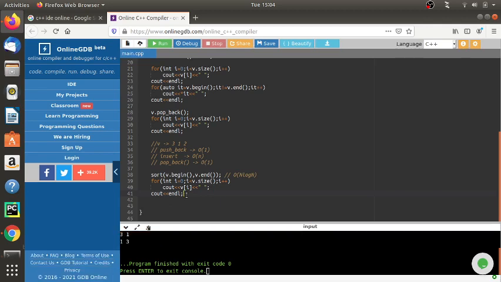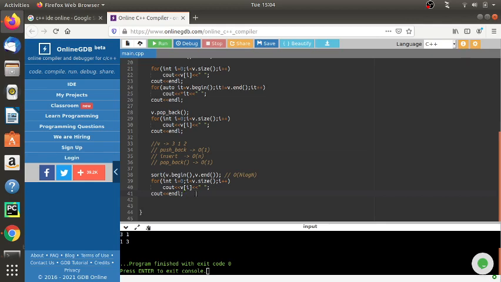So we should use vectors if you don't know the size of the array or the size of the input. You can push back elements quickly, you can check the last element, and for any such operations it will be preferred over an array, because in a vector you don't need to worry about what the size should be, or how it should be sorted.